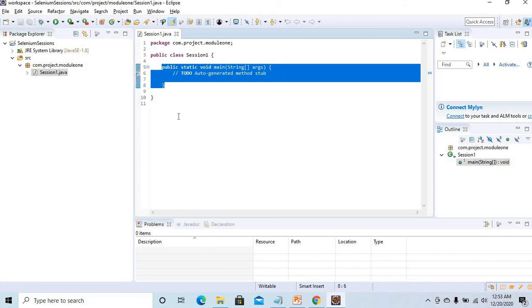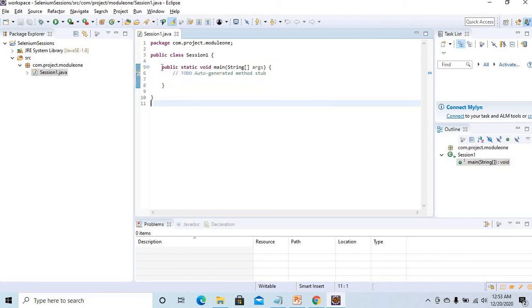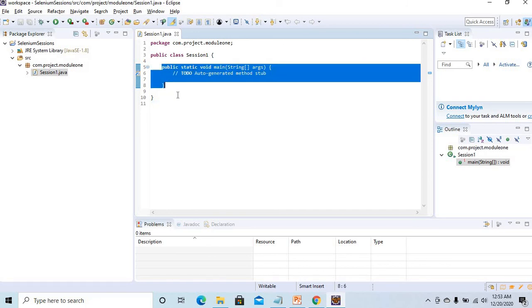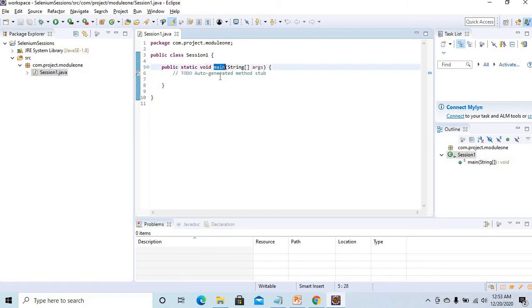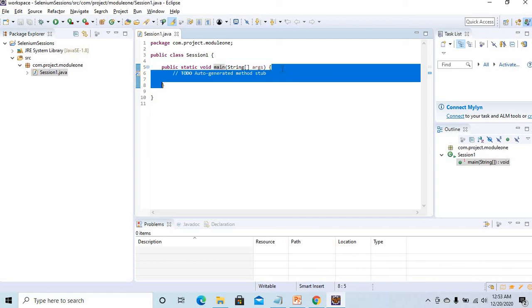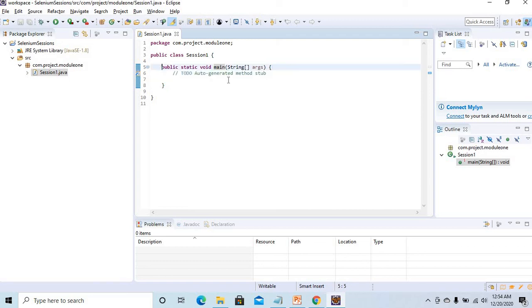If you didn't select that checkbox, you don't see this method. So main method is important. Whatever is written in the main method only gets executed. In future we don't use it, but to avoid confusion, first stick to this point as of now. Whatever I write inside this method, those things only are executed.